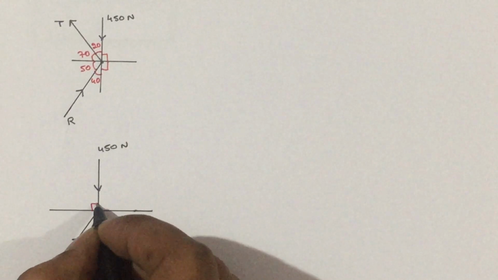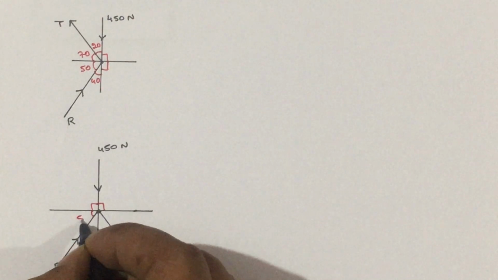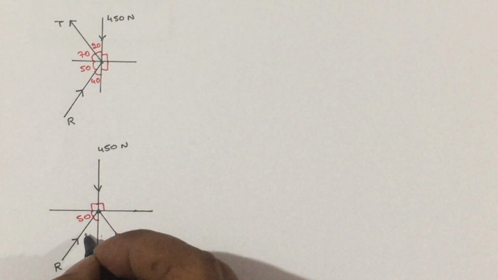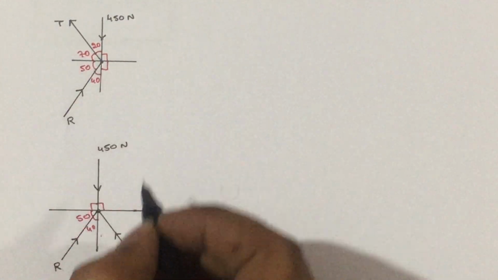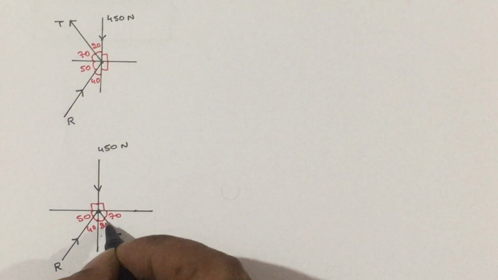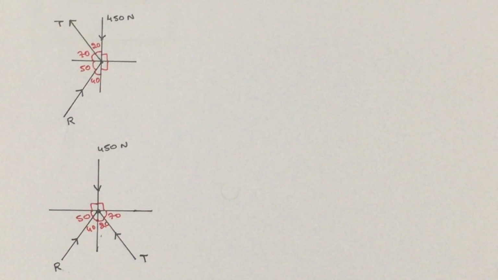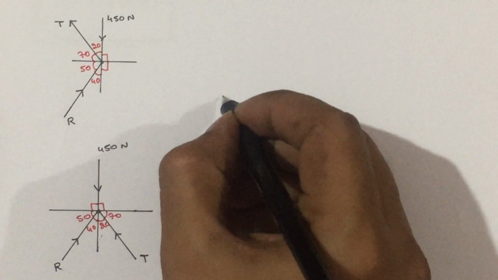Then we need angles. Here this is 90, this is also 90, and for this line this is 50 and this one is 40. Then this tension line is making 70 with respect to horizontal and 20 with respect to vertical. Then we have 3 forces, all the 3 forces are acting towards the point, then we have 2 unknowns. Now we can apply Lami's theorem. So, by using Lami's theorem,